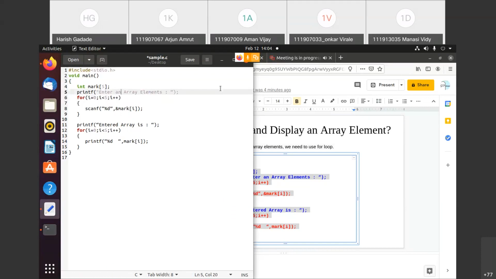Oh, I need to change this. This is the problem in this Ubuntu. Okay, I think it is fine. Okay, I'll save it and run it.